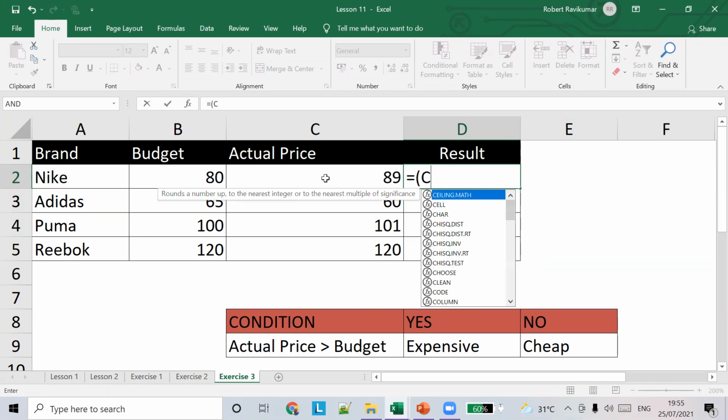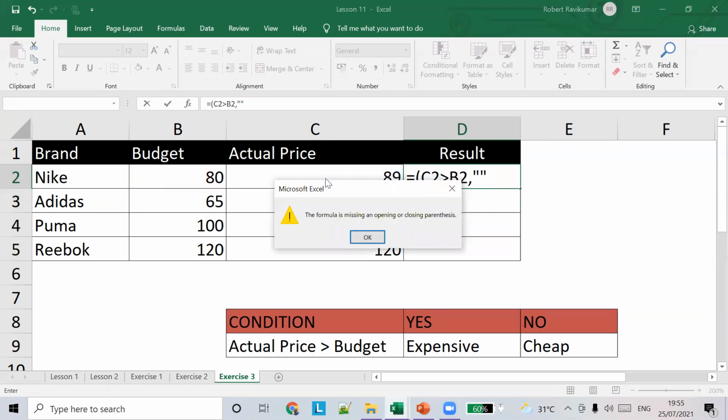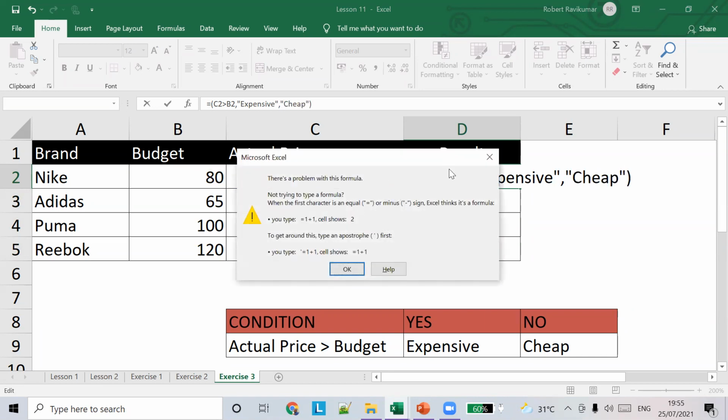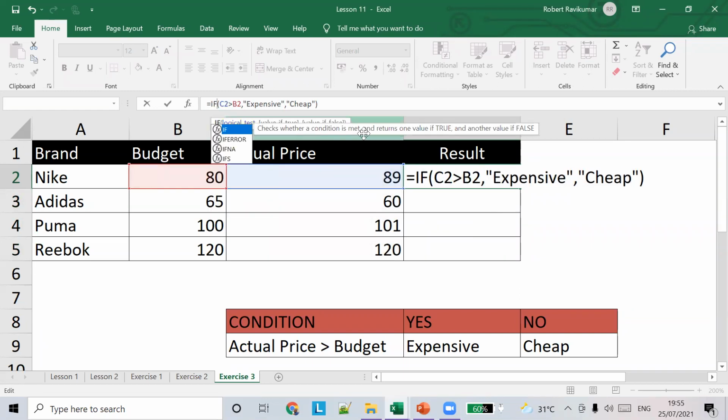If C2 is greater than B2, it's expensive, or else it's cheap. Okay, I wrote the IF condition.